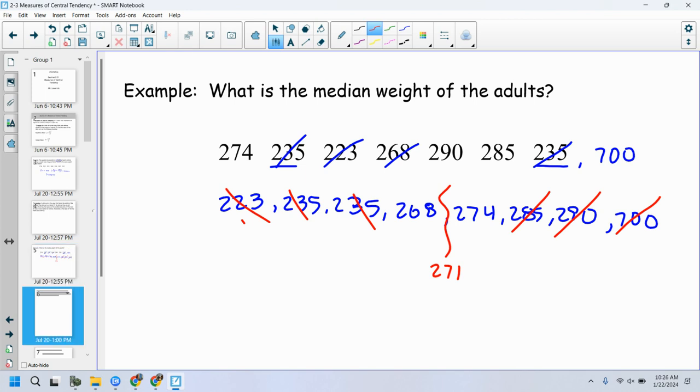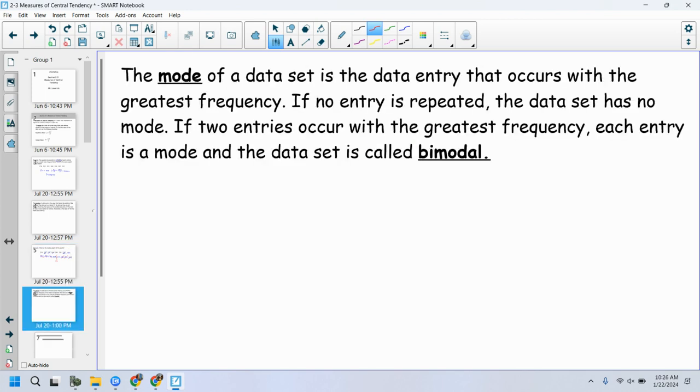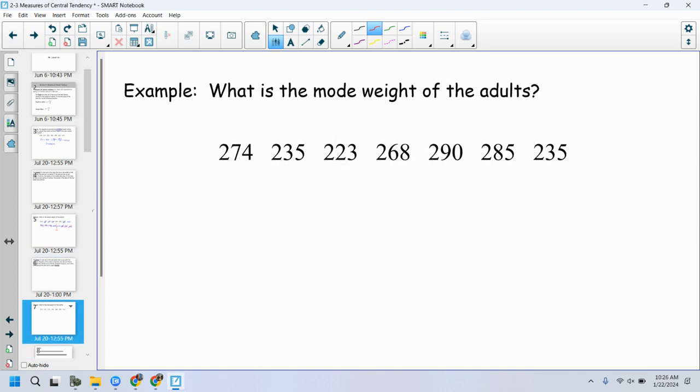Okay. All right. The mode of the data set is the data entry that occurs the most, with the most frequency. If no entry is repeated, the data set has no mode. If 2 entries occur with the greatest frequency, each entry is a mode, and the data set is called bimodal. Mode is just the one that occurs the most, right? The mode I find the least useful, but I don't know. So in this case, the mode is